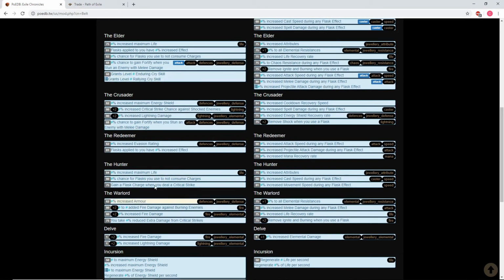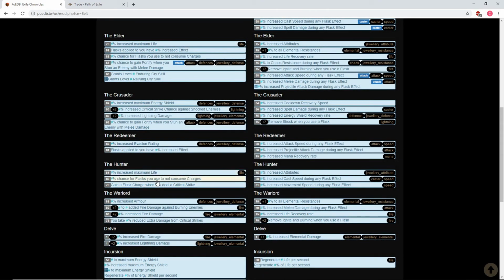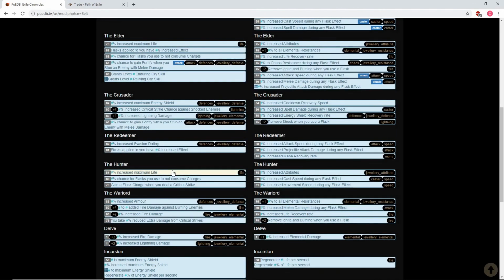So if you go through, look at this, Crusader's Exalted Orb would be probably the best case scenario, or not best case scenario. It would be most likely you get a mod that just works, more or less. Hunters also same case scenario, but it's more expensive. I would say chance for flasks to not consume charges, that one kind of is just like